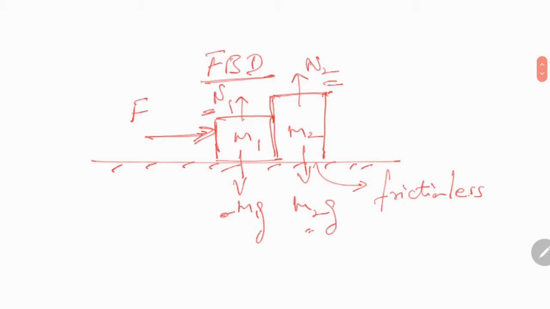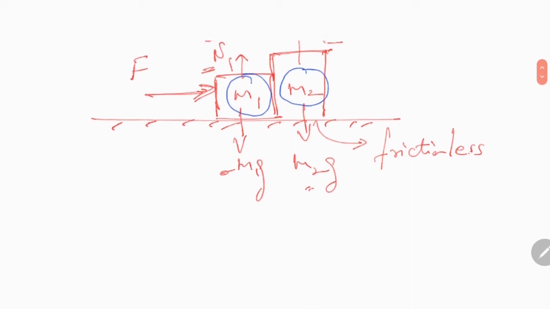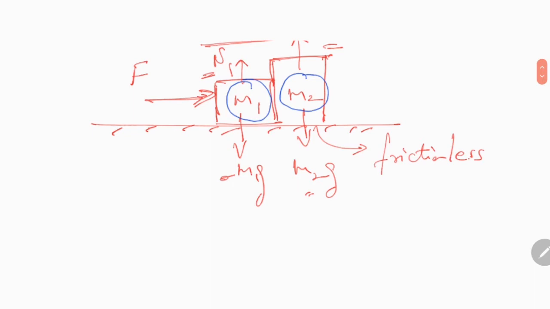Now in a free body diagram, what we do is we try to isolate each body. For example, I'll isolate m1, and then I'll isolate m2, and then redraw the forces that are acting on them. So let's try and do this. Now in the case of m1, let me try it here. If this is your m1, let's draw it in the same size. Yeah, so this is m1. So what are the forces acting? One is your F, which is your external force that you're applying.